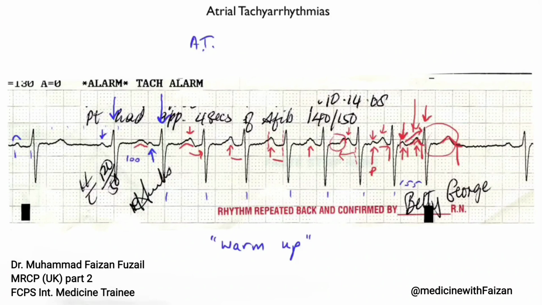QRS. Isn't that cool? So if you carefully dissect this strip, you can get the sense that the P's can march around, and they can change their position with respect to the previous QRS complex. And that gives you a hint that that's the P. It's kind of marching on through. If you count this as the first beat, you have 1, 2, 3, 4, 5, 6, 7, 8 beat run of atrial tachycardia with a warm-up phenomenon that started at 100 beats per minute and sped up to about 155 at the end, had a bit of a first-degree AV block, but that's exactly what you would diagnose this tachycardia